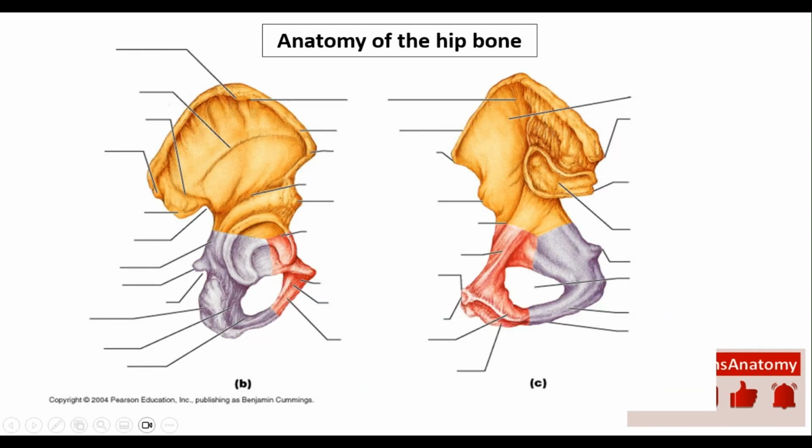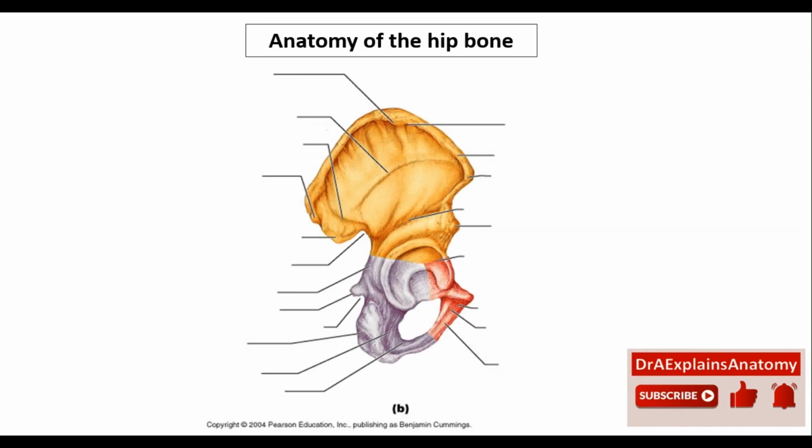Moving to the anatomy of the hip bone, let's start first with this figure. This is the ilium. This is the ischium. And this is the pubis. The ischium is on the posterior aspect. We sit on the ischium. The pubis is on the anterior aspect. We have the pubic symphysis anteriorly. So these two bones will help you identify the anterior versus the posterior aspect.